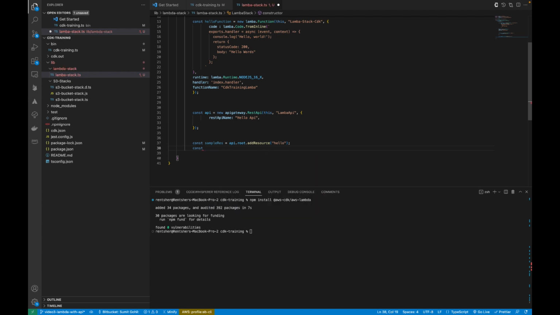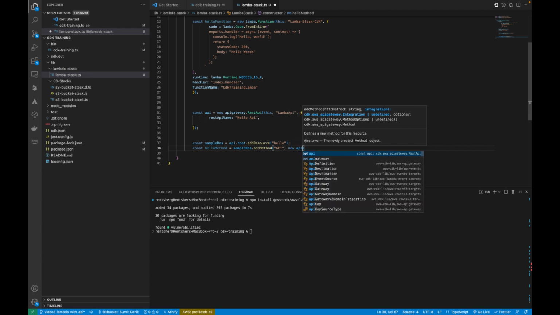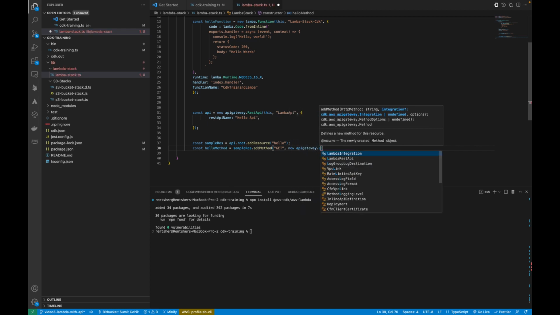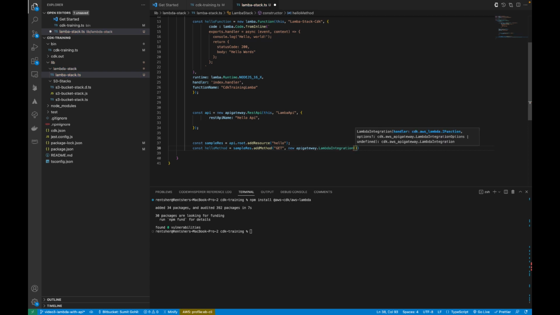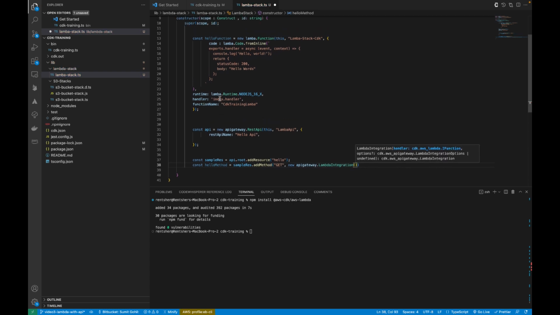So we are basically creating a path to call this API, and we'll be adding a method, a GET method, that can be accessible on this path. We'll be adding Lambda integration to this GET method, and the function would be this one. So in this case it would be hello function. Okay,